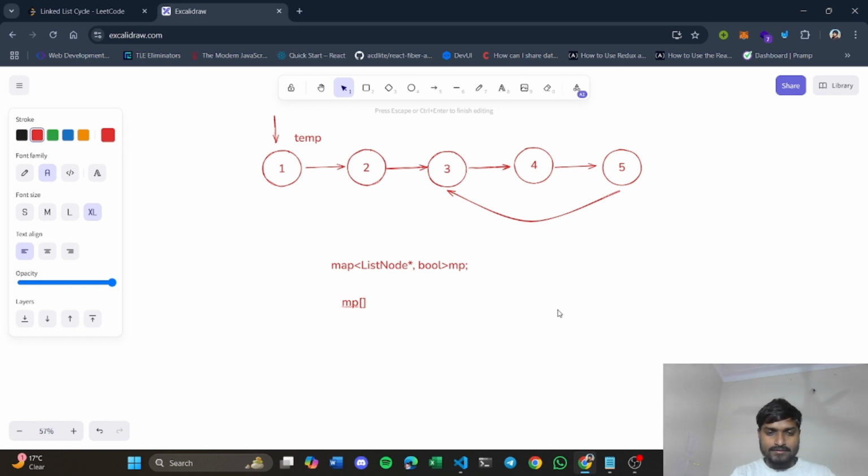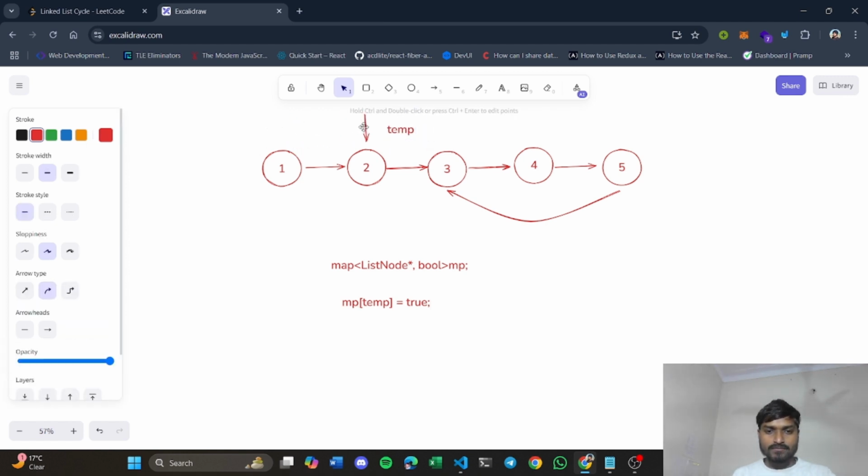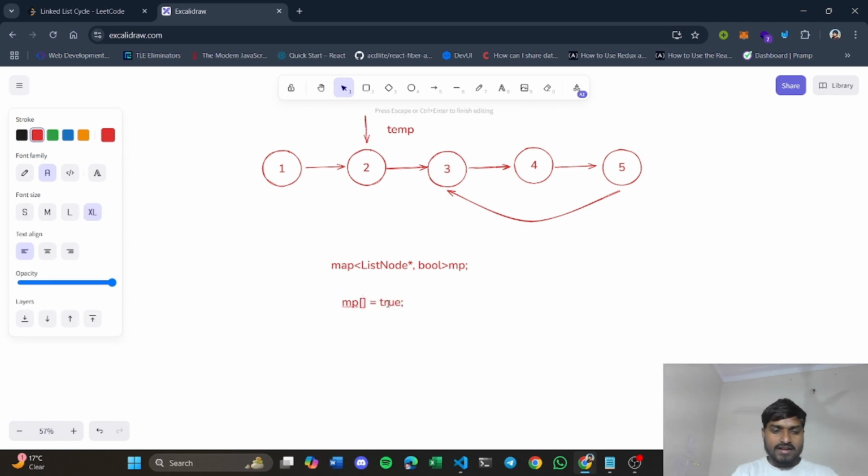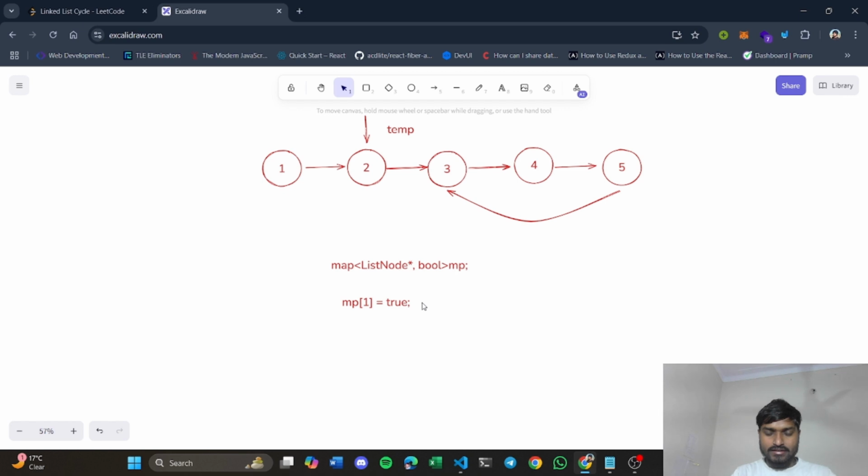How will we do that? We will mark MP of temp equal to true. That is, we have marked it as visited, right? Now we will move our temp pointer forward and check whether we have already visited this node or not. We have not visited this node. Okay, let me mark it as 1 here so that you can understand it easily.